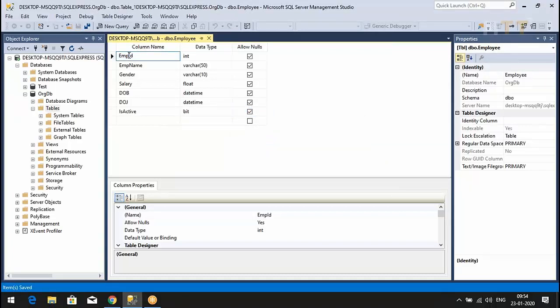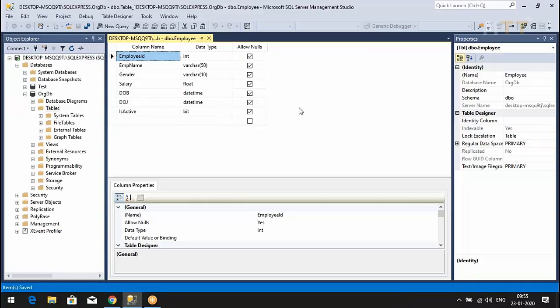And column name, the best practice is table name plus ID. So that we should understand, for this employee table, employee ID is primary key. And now I'll say save. Are you getting? Now, is this clear?